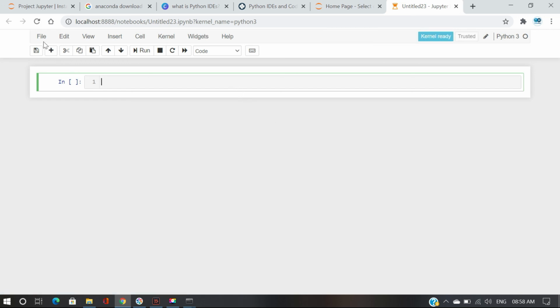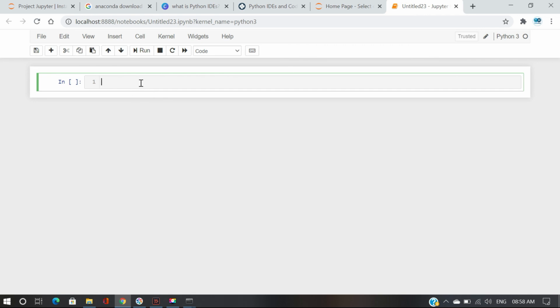And here we can see the file, edit, view, insert, cell menus. These icons are used for creating anything, and we can use any library and do anything here.